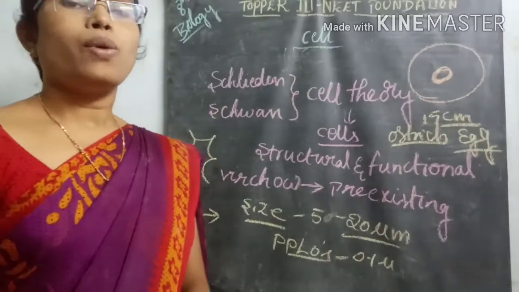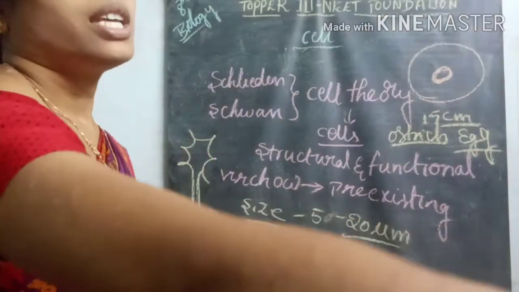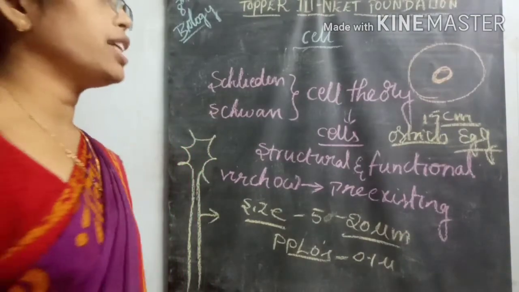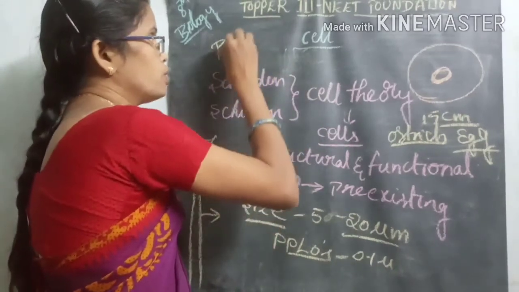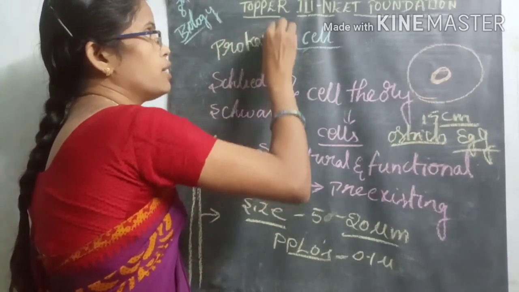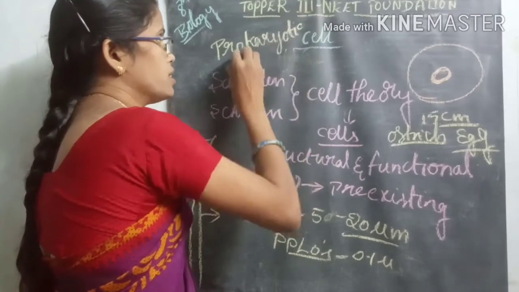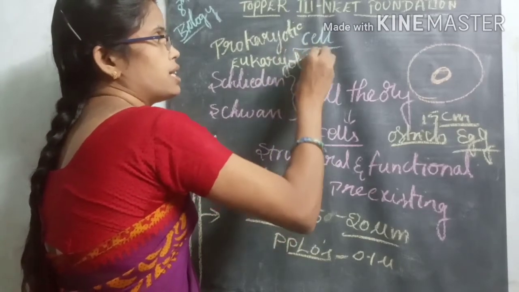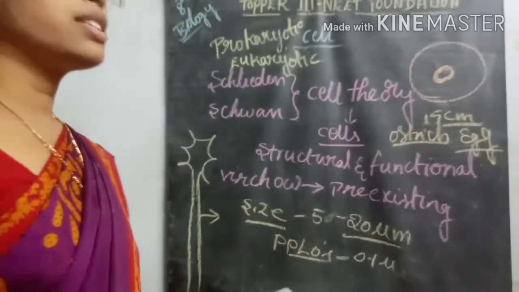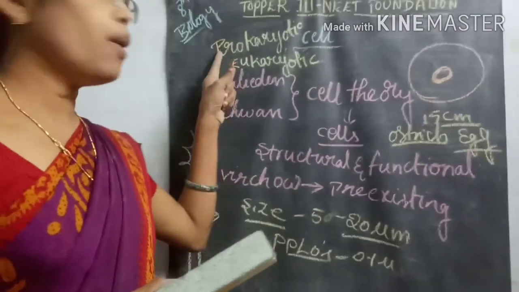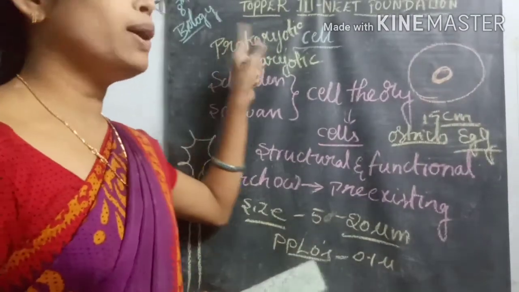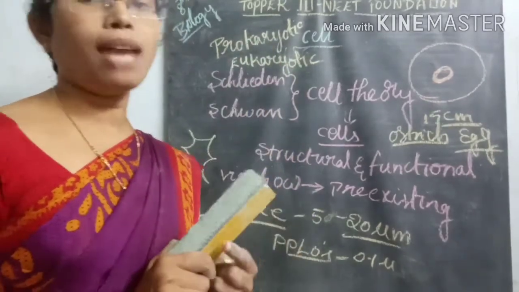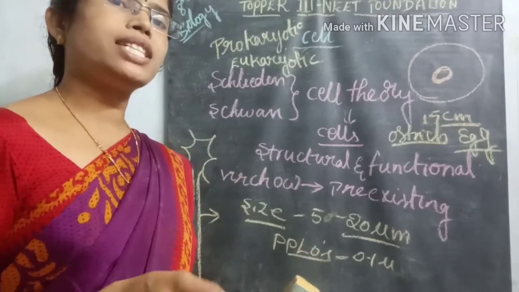Then coming to the basic types of cells, in organisms the cells are divided mainly into two types. How many types are we divided into? Primarily two types. What are they? One is prokaryotic cells and the other is eukaryotic cells. Prokaryotic cells means, pro means first formed, karyon means nucleus, meaning the nucleus is formed first, and the nucleus is present